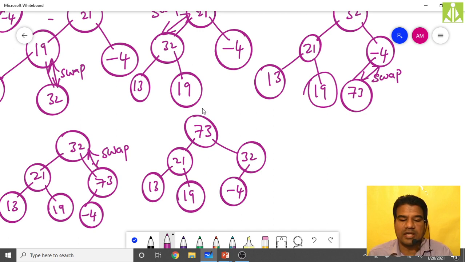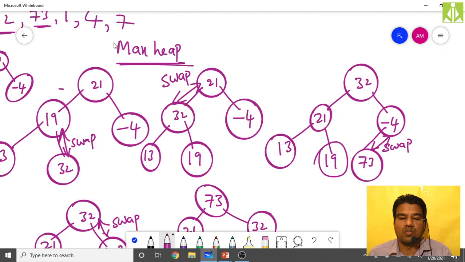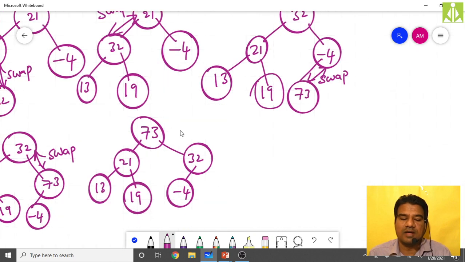After that, again what do we have in our case? We have 1. Insert the 1 as the right node to this 32. Do the comparison between these two. No swapping, and they are already on the right track. Even if you compare this 32 and 73, it doesn't matter, because we haven't changed anything from here. So like this we reached the root node and nothing needs to be swapped, because 1 is the smallest value. Nothing will change.